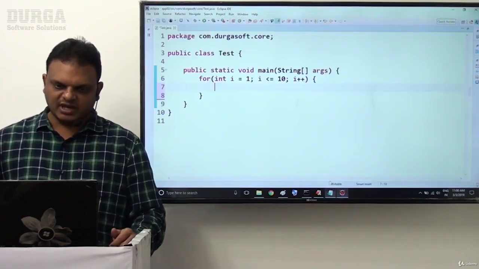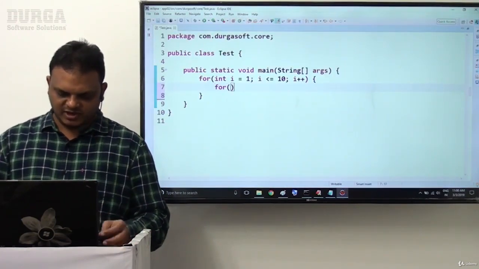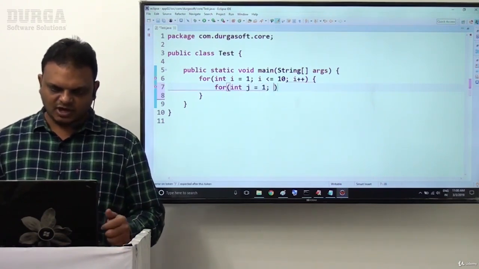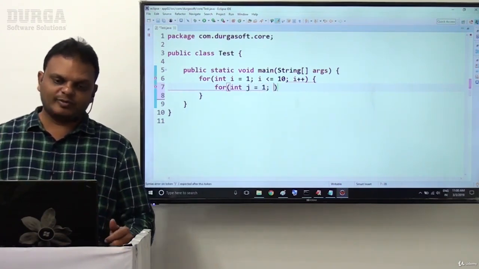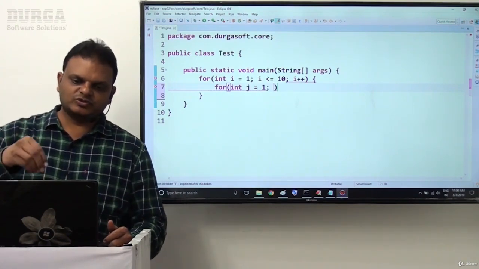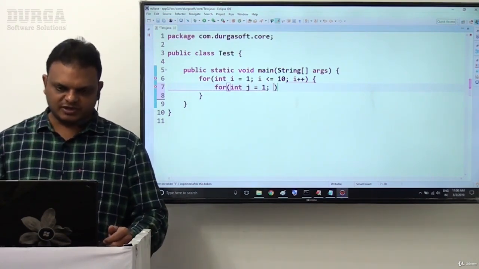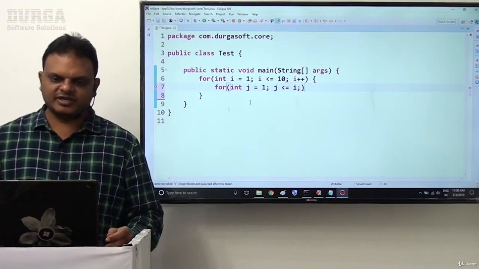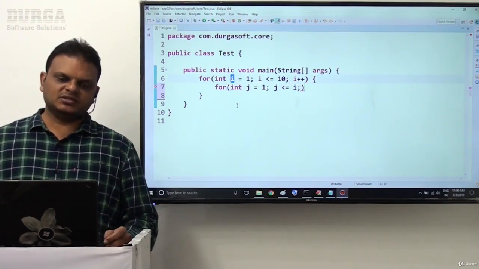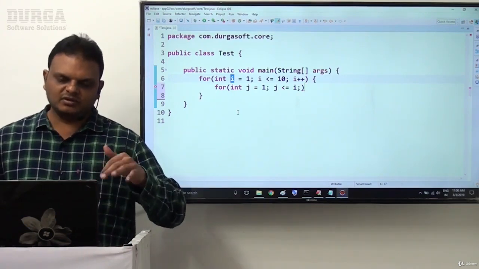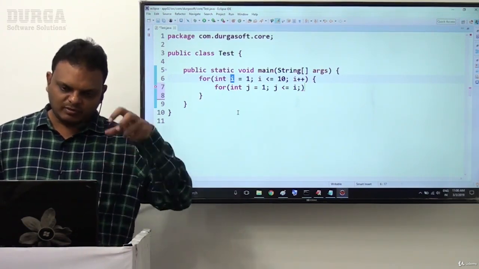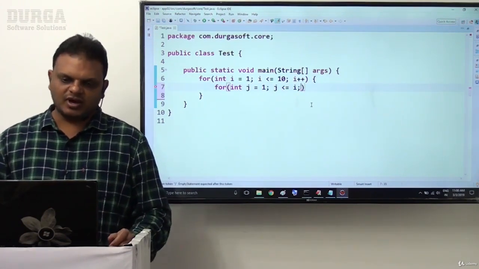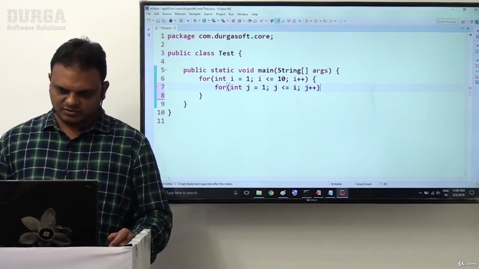So that's why I need to take a nested loop here. Now for int j = 1. Next, how many columns do we want to maintain at each and every row? That is the same as the row number. That's why j <= i. The row number is maintained in the form of i, because i is maintaining the index value of these rows. Row number is maintained in the form of i. That's why we have to take j <= i here. Next, j++. That's fine.